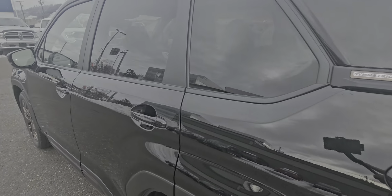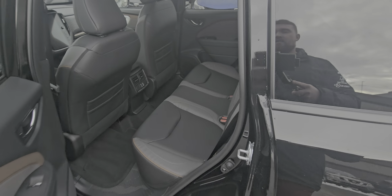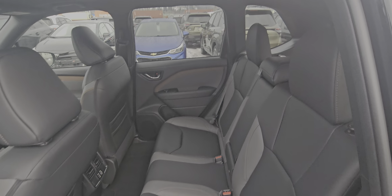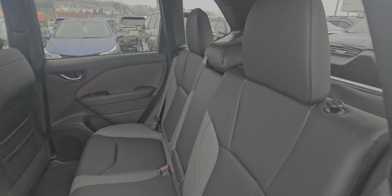Second row. We've got a lot of room. Lots of headroom, lots of legroom. You can easily fit 3 passengers comfortably across in here. Now in the Sport, it's not